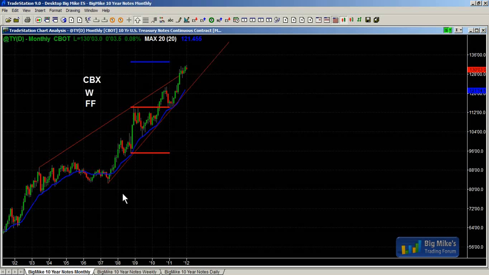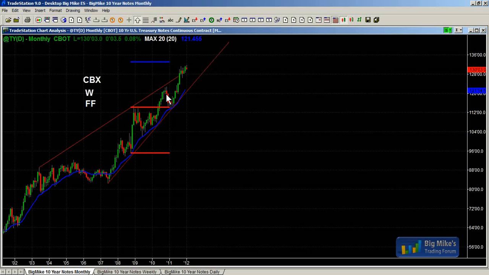Notes are very good at respecting measured moves. If you trade them intraday, you'll see that a lot of the moves end to the tick at measured move projections up and down. And that's true as well for higher time frame charts. And we're very close to that measured move target. It's possible that this month is the high. That this little inside bar a couple of months ago might be a small final flag that could trigger the reversal down.